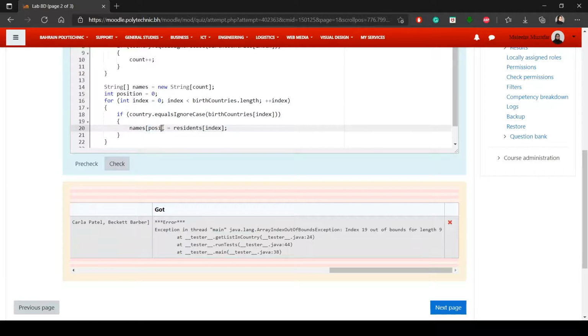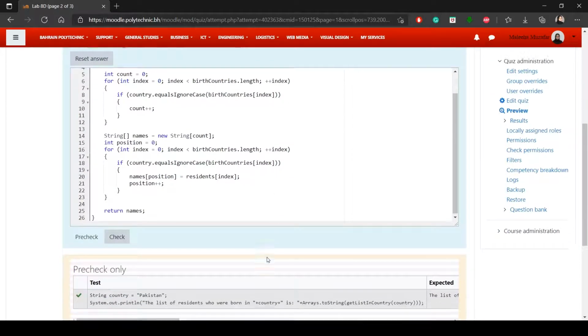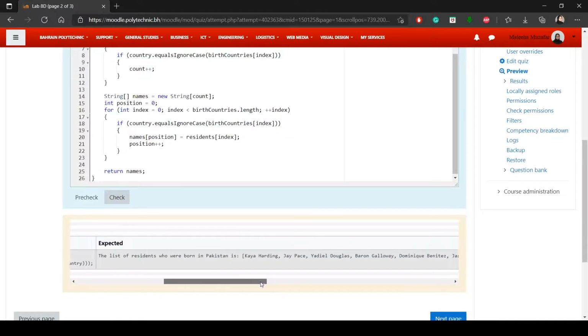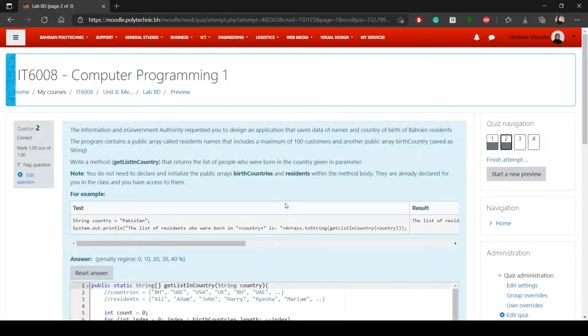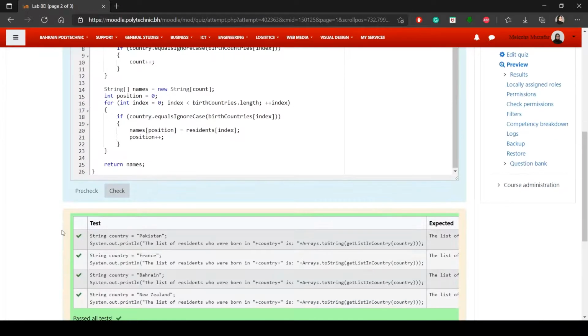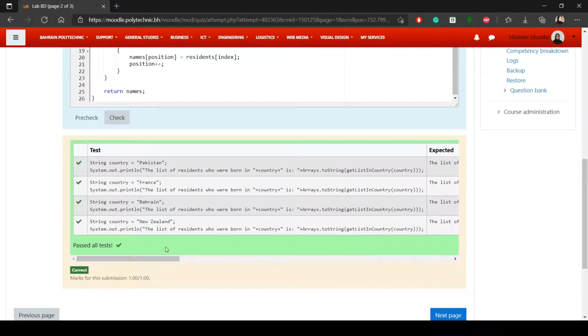I will just write position here. And then once I've added to that position, I'll just increment position. And the error should be gone. And yes, now it's working fine. See, now it's displaying everything properly. If we click on check, now it's fine. If there is nobody found,